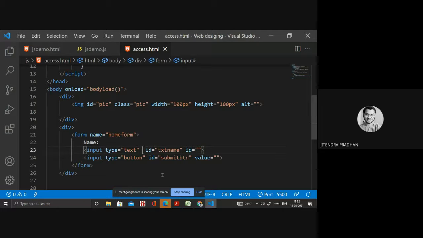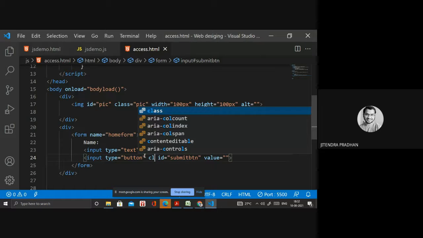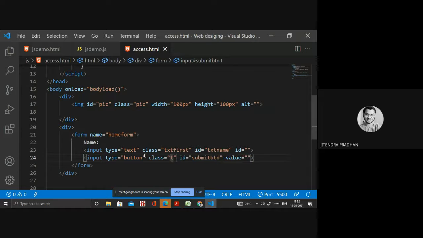So next I require a class name inside that, txt or btn. Next I will write this class name, button txt button btn.